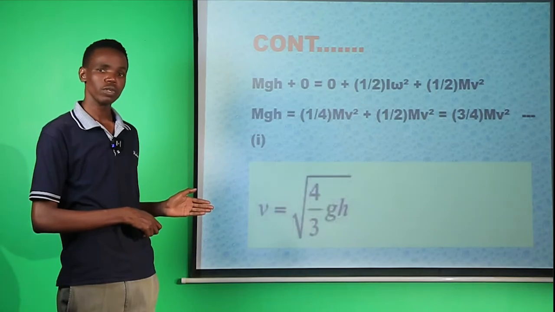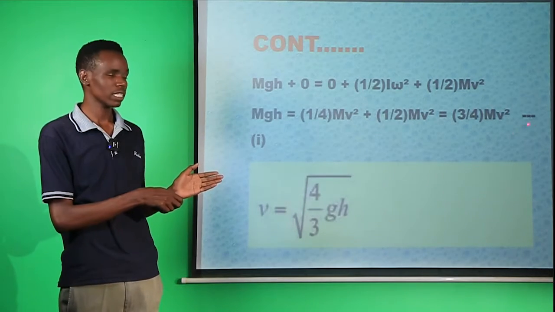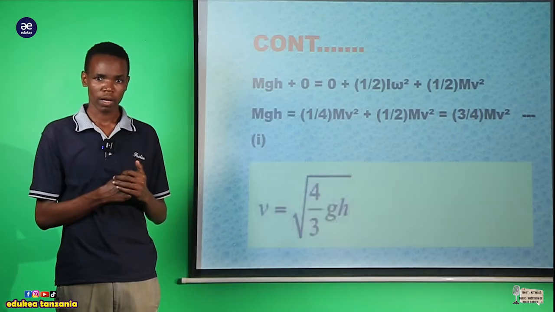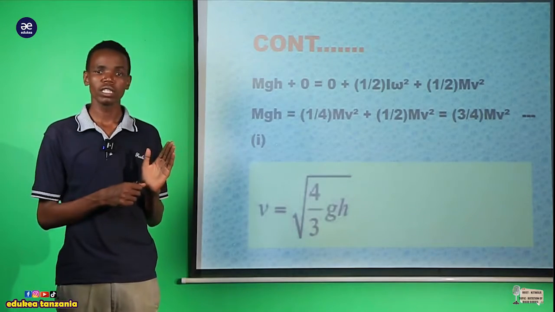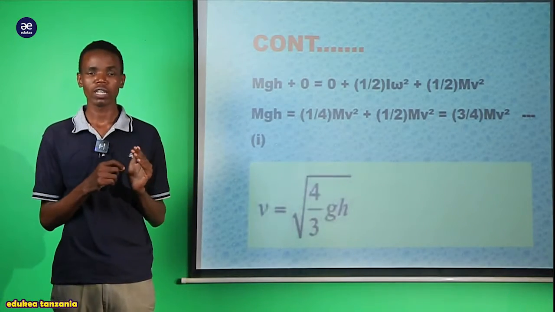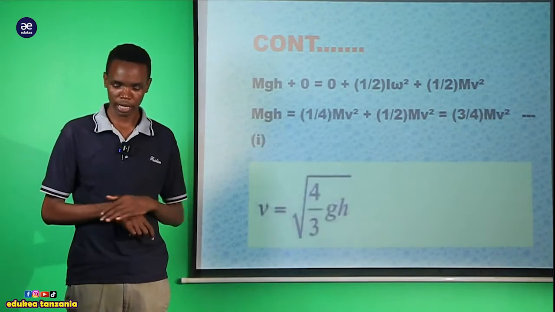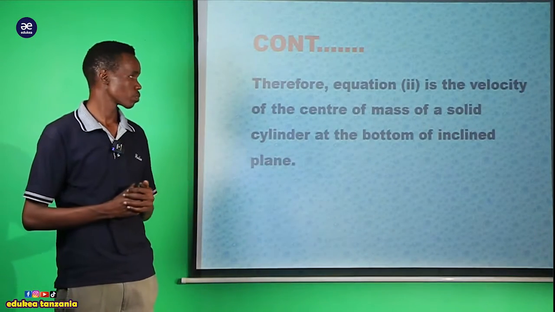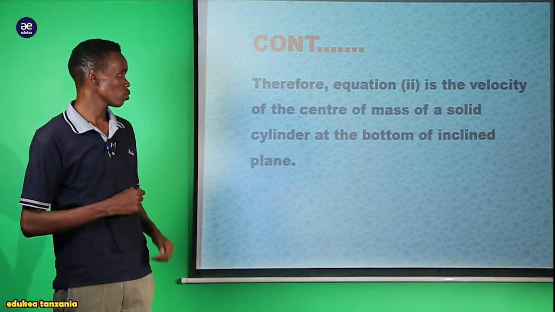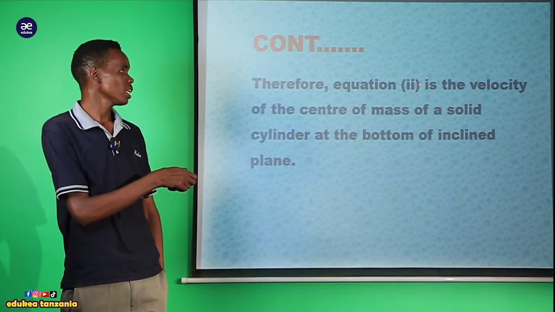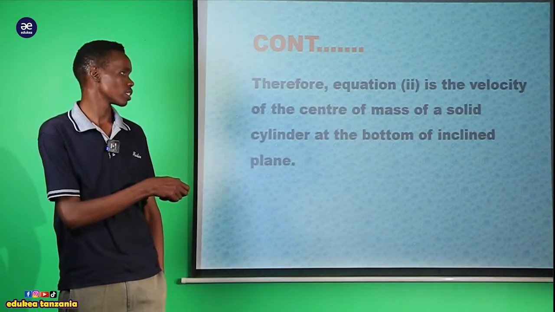Now, we have been asked to find the V. Now, V must be equal to the radical of 4 divided by 3 GH. So this is our formula. Therefore, we are supposed to conclude by saying that equation number 2 is the velocity of the center of mass